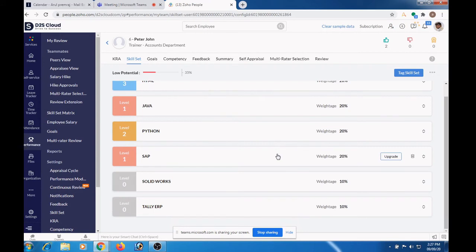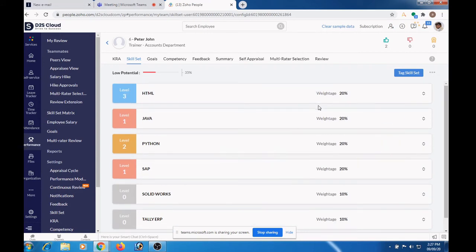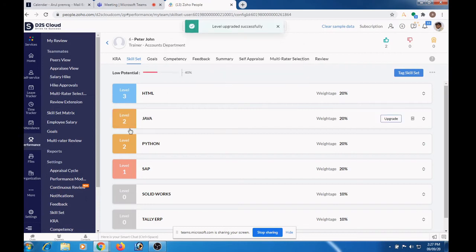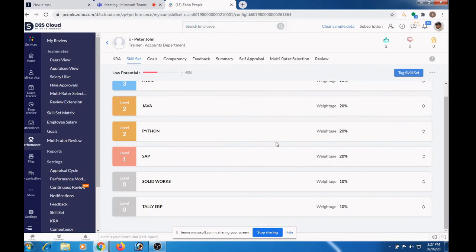In that case, the reporting manager can add new skill set to this employee, or he can upgrade the skill set to next level. It has been upgraded to level 2. Like this, he can upgrade the skill set.